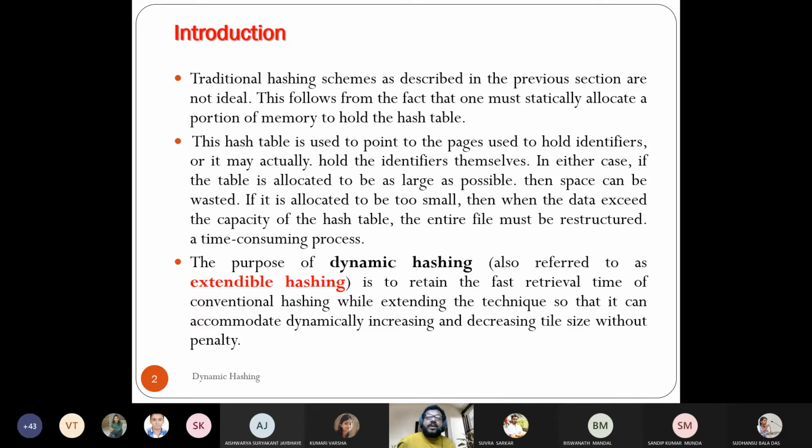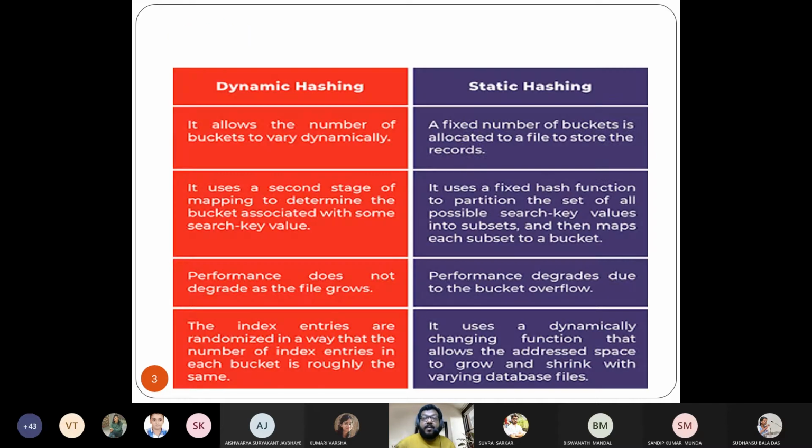Without looking into the details, let us look into the difference and then we'll try to justify it. Usually a difference is discussed at the end. It allows the number of buckets to vary dynamically. I think it's understood. So in static hashing we fix the bucket. Let us say for alphabet, I repeat again, it is 0 to 25, 26 buckets